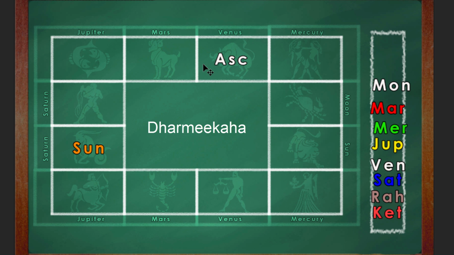Dharmika, the person would be religious minded, but religion may be an inappropriate word for dharmika. Dharmika means the person would be God conscious or spirit conscious, spiritual by nature, and therefore he might also be religious minded. Alpa Bhagya. Here he changes the track to say that the sun in the 9th does harm the house of fortune, and therefore he reduces the bhagya or the fortune in life by saying Alpa Bhagya. Pitru Dveshi, he says, will be inimical to father.